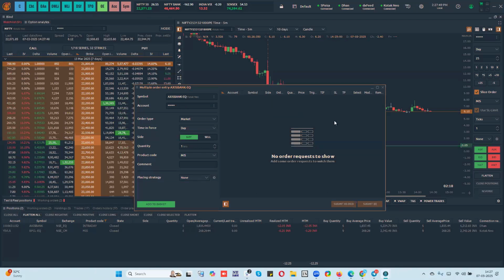I'm not sure what you mean by baskets. If you're talking about option related basket orders, we have some other functionalities for that. But if you're sending basket orders in the morning before the market opens or after market open for certain portfolios, some may be market orders, some may be limit orders, you can create a basket here and you can send all orders at one place.